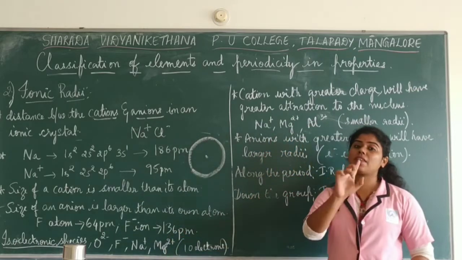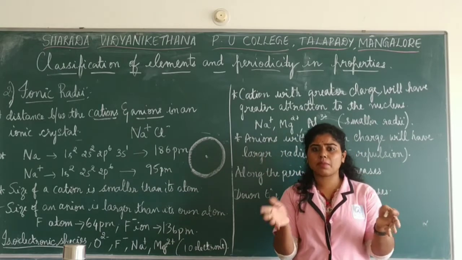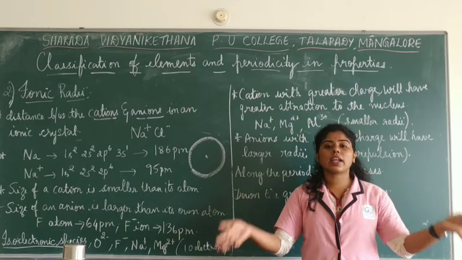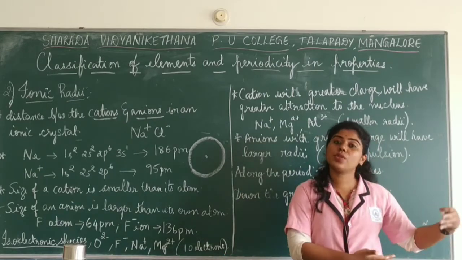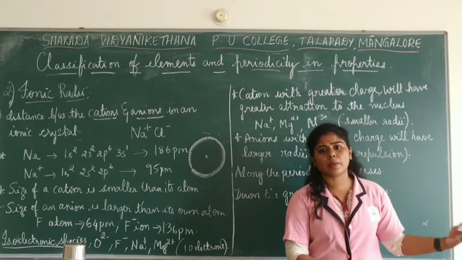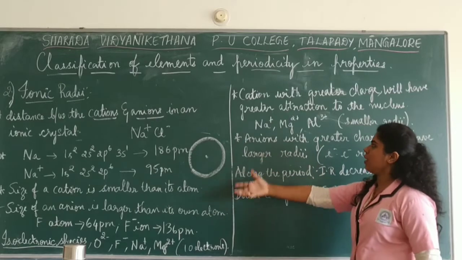But they will not have the same ionic radii. Remember that. If the number of electrons is the same, that doesn't mean their ionic radii should be the same. They can be in different shells, they will have different nuclear charges, and different kinds of repulsions are taking place. Correct? So here, let us look more into this.